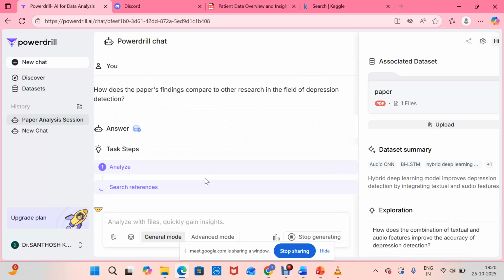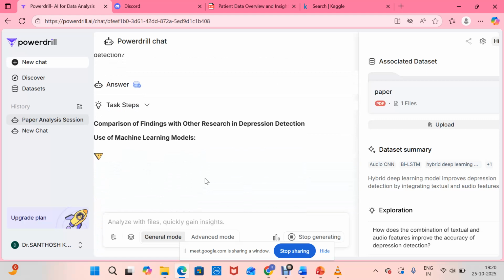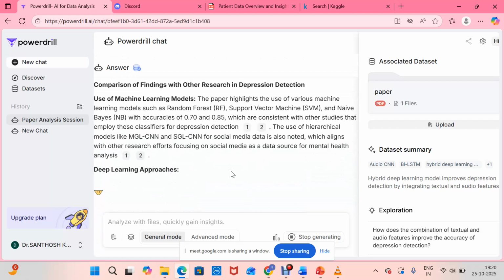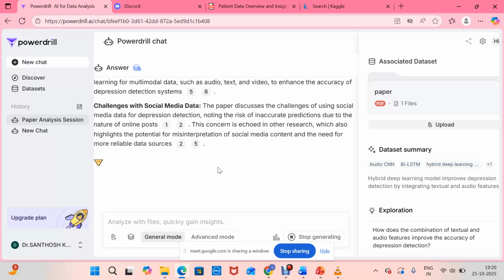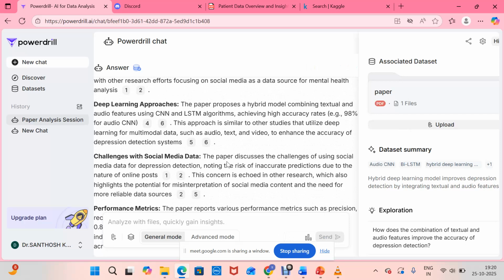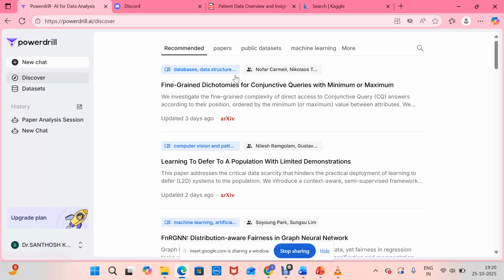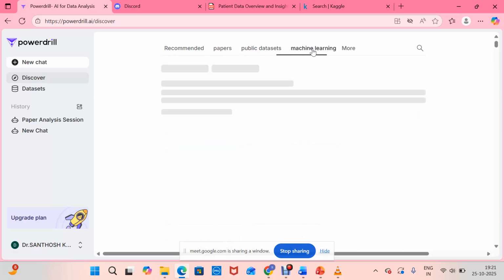See here, this PowerDrill will not search for any other data sets. Whatever data sets you give it, it will analyze and give you the results or any answers you want from those data sets. See here, it is giving the comparison charts for whatever is there in that particular paper. When we feel some laziness to read the complete paper, we can use this tool to read the paper, or if you have data sets, you can use it to analyze them, and many other options are also there. Those things you can also go through. Okay, public data sets and machine learning.